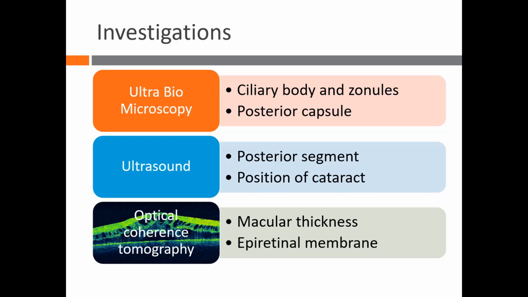You would have gone ahead and given an intravitreal injection, and you are expecting a lens touch. So if you do a UBM and look at the posterior capsule, again, you know what you have to predict when you go inside the eye. So do all the investigations to predict and avoid intraoperative surprises for these patients. Ultrasound will help to see the posterior segment when your cataract is very dense, and OCT will help us to look at the macula and epiretinal membrane to predict the visual recovery postoperatively.